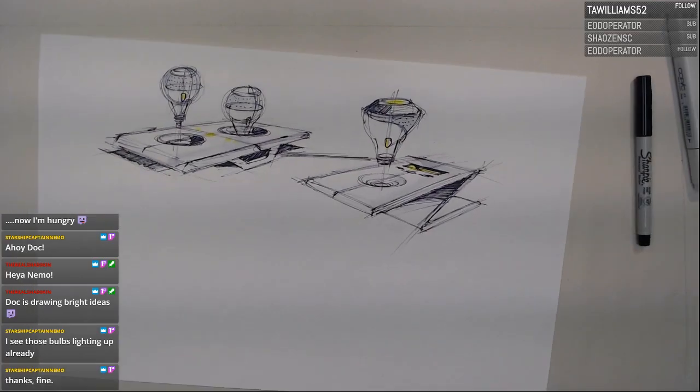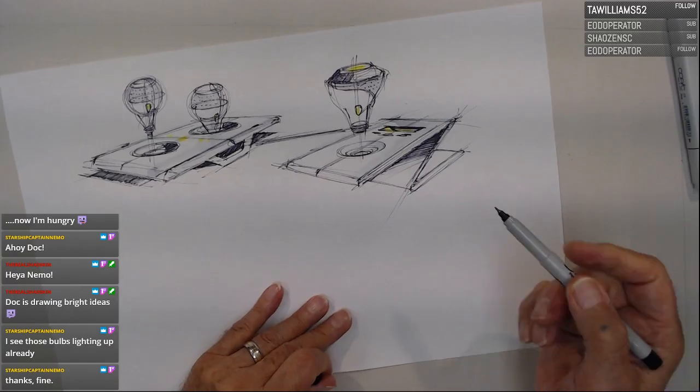There's another variation on that same tree, almost like an elevation study of that guy would begin to look like this. It just has a nice little